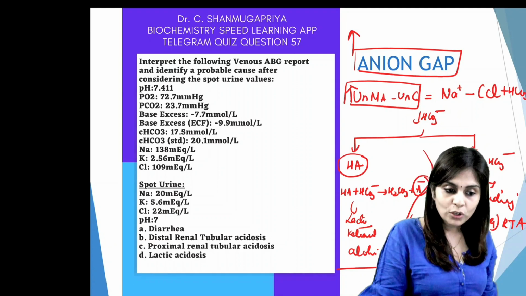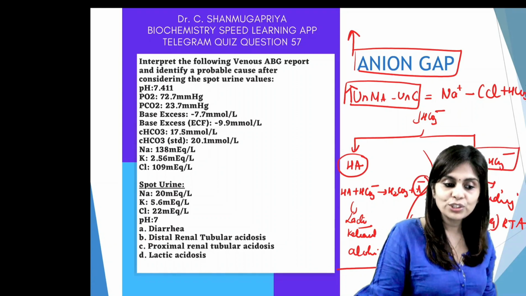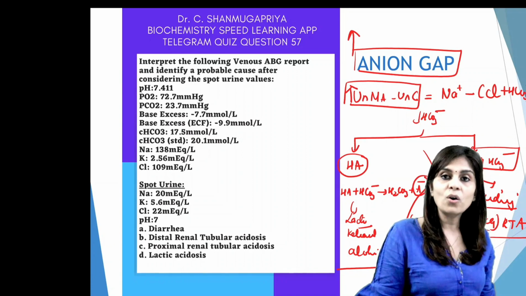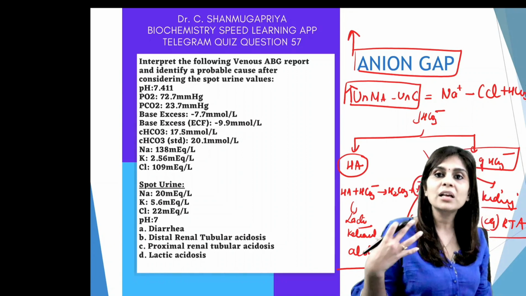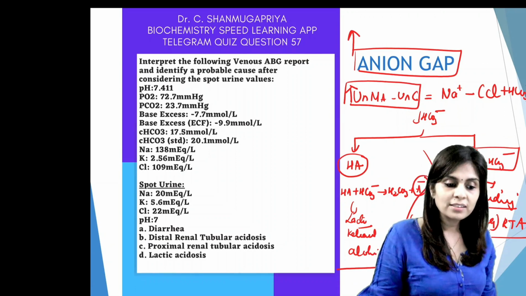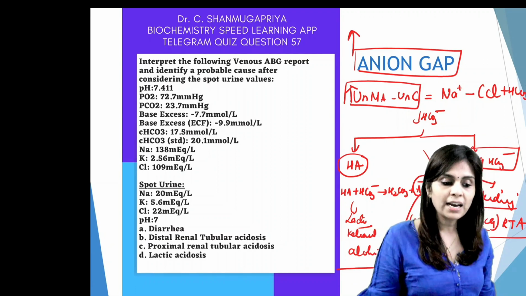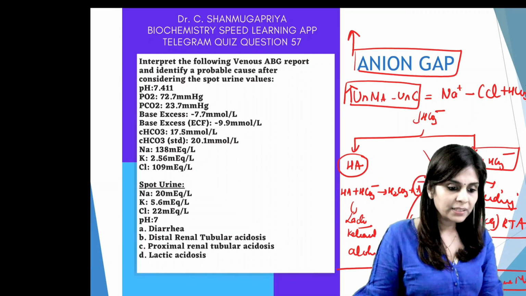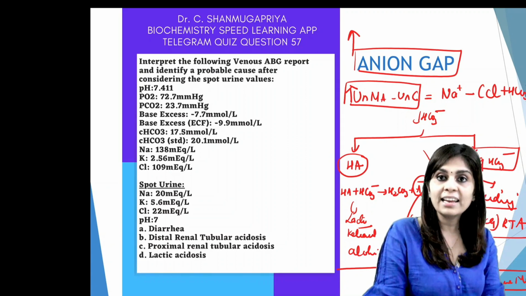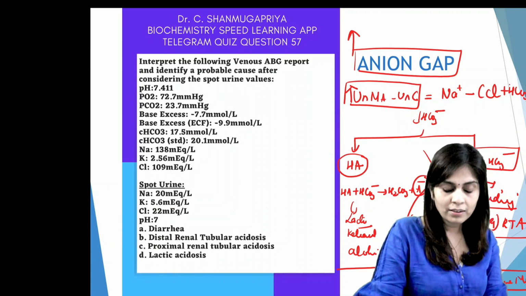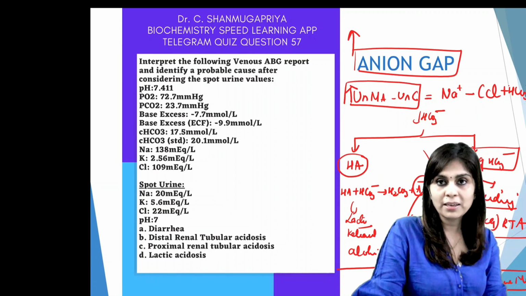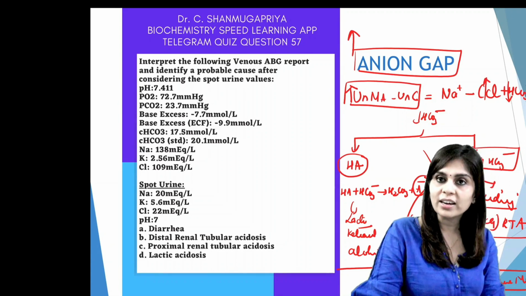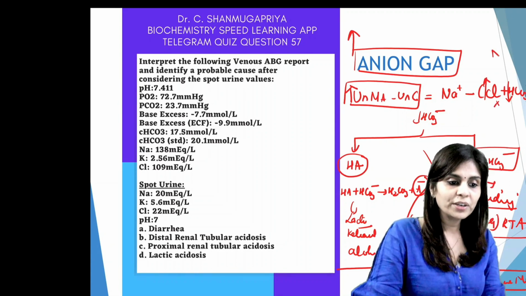Now, what if it's because of loss of bicarbonate either through GIT or through kidney? Irrespective of the route of loss of bicarbonate, in all these conditions, your body would reclaim chloride. So, chloride concentration increases. So, all these would be hyperchloremic metabolic acidosis. So, what happens in hyperchloremic metabolic acidosis to anion gap? The drop in bicarbonate is compensated by an increase in chloride. So, both get cancelled, so it's going to be normal.